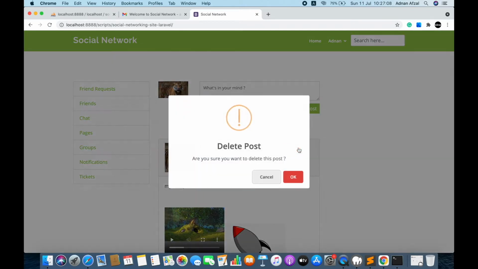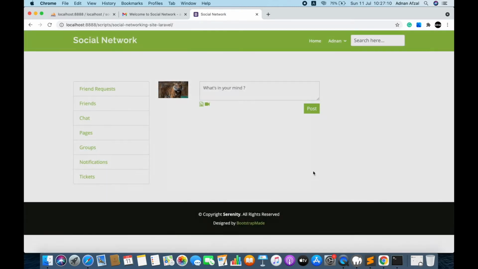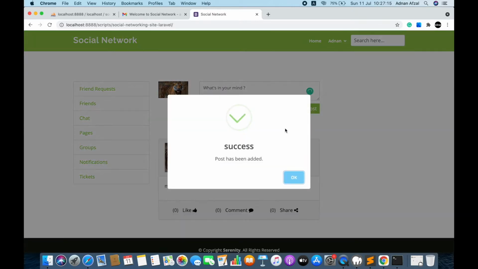And if you do not want that post to show on your friend's wall, you can simply delete it. So the post works. Now I'm going to show you a post like feature.